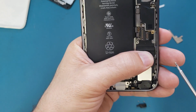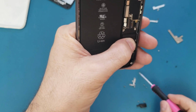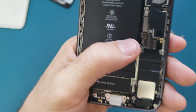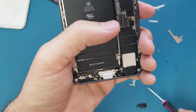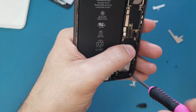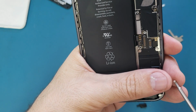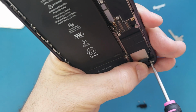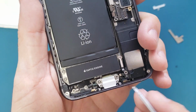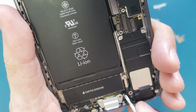So I'm gonna put these two screws to hold it first. And then I have this one, goes to this corner, and this one goes into this edge. Okay, so now I will use this screwdriver and make sure this piece is matching with